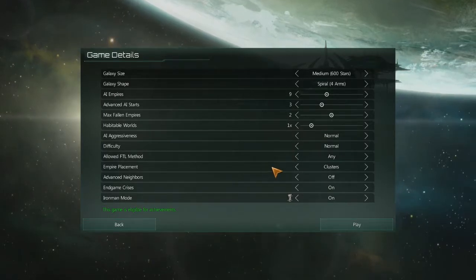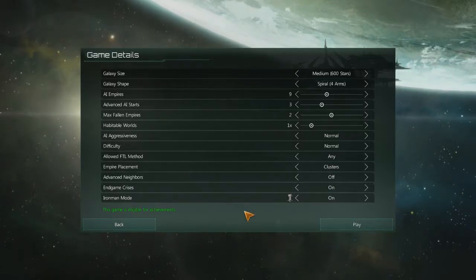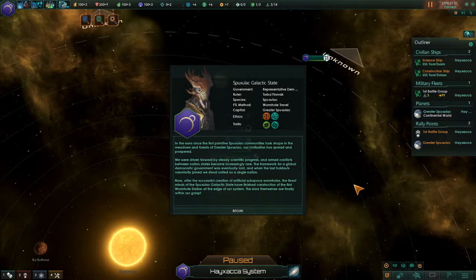Normal. Endgame Crisis on, Advanced Neighbors off. Right, let's jump in and see what we get. Right, the Spookslax Galactic State, Government, Representative Democracy, Ruler is named there, and Wormhole Travel,